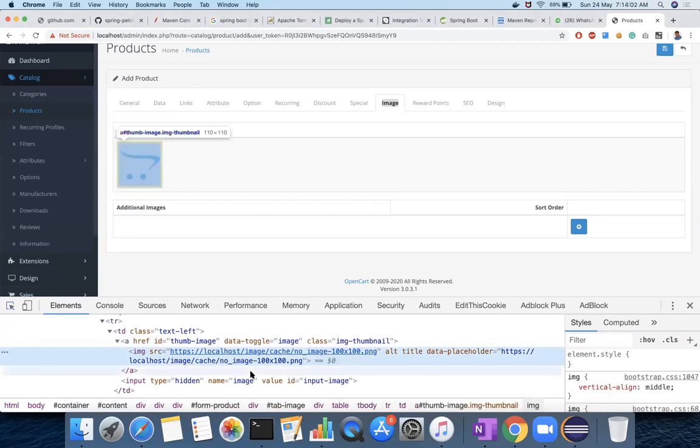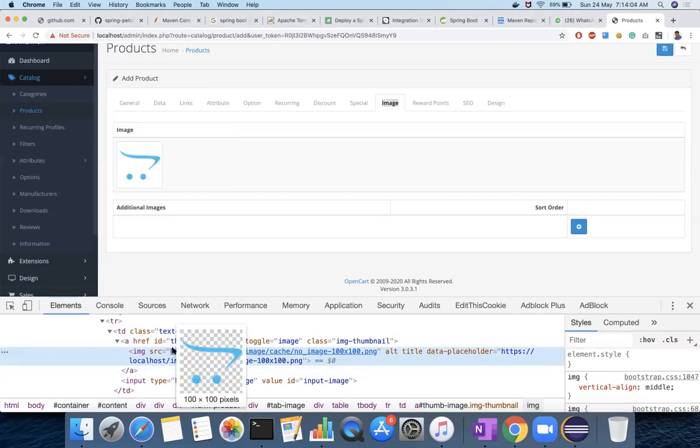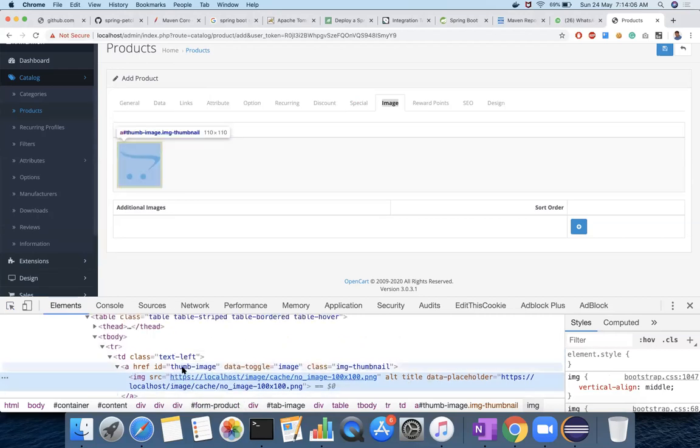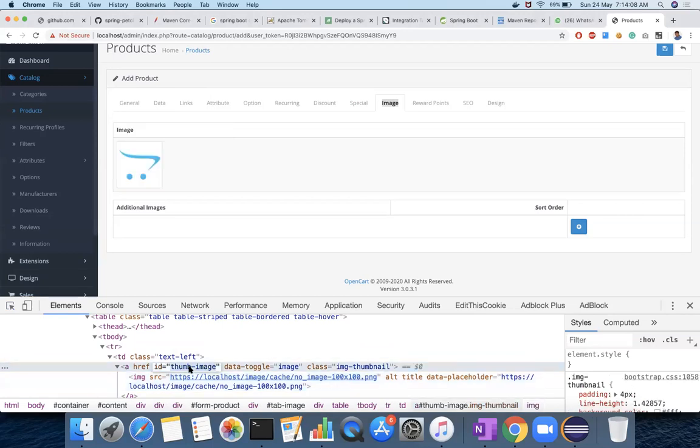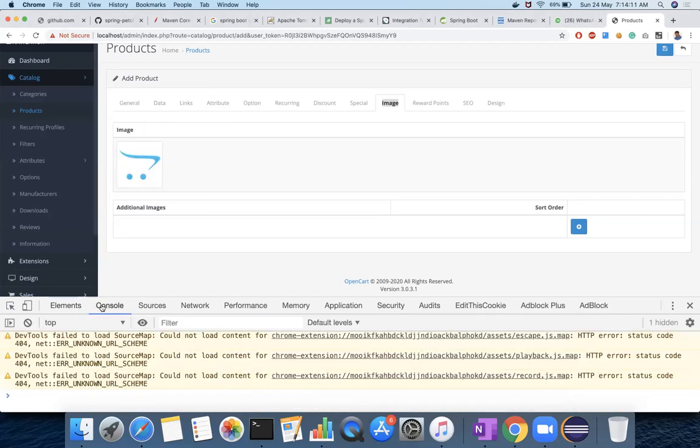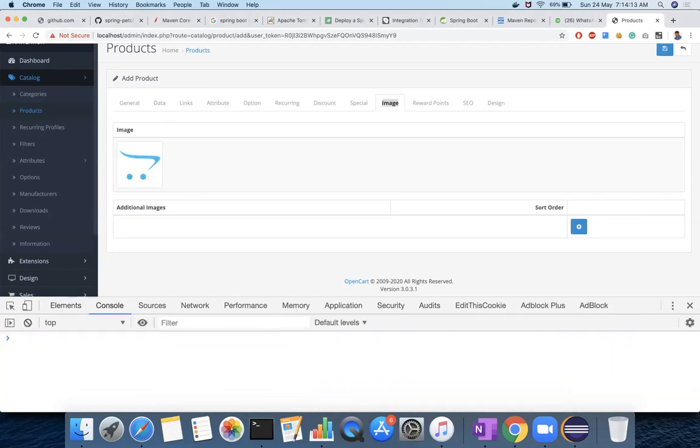IMG, alt, placeholder, or yes, ID equals thumb-image. That one we have to write. $x, double slash a, at the rate ID equals thumb-image. So you will have thumb-image, here you see thumb-image.